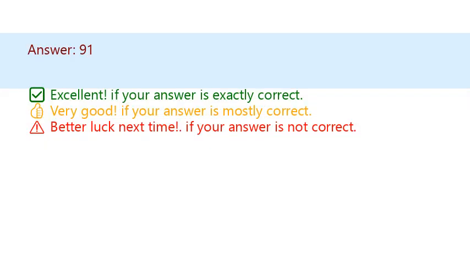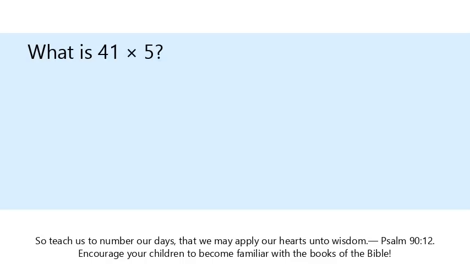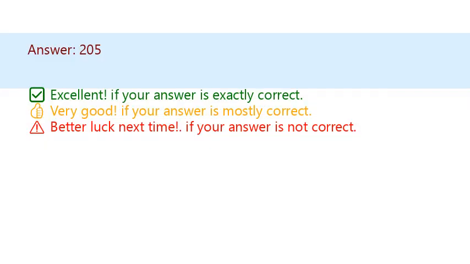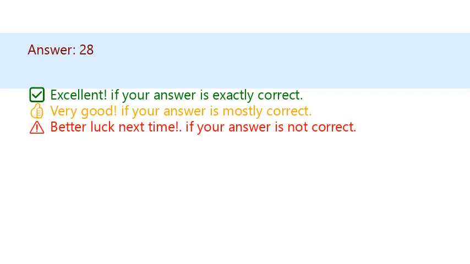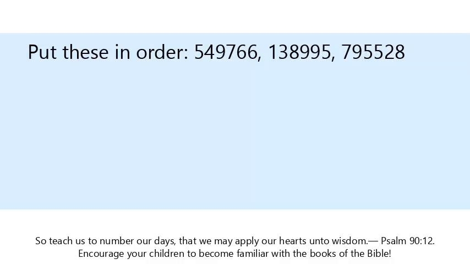Answer, 91. What is 41 times 5? Answer, 205. What is 28 times 1? Answer, 28. Put these in order: